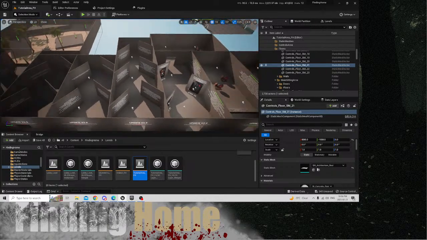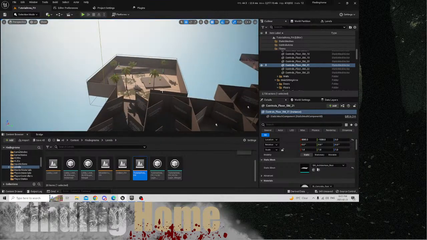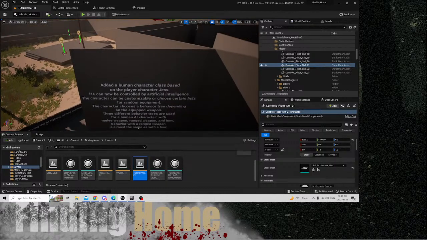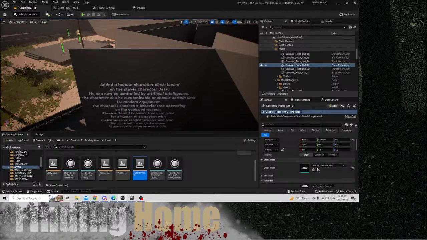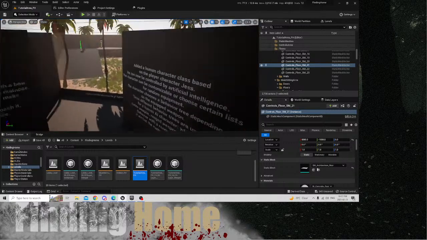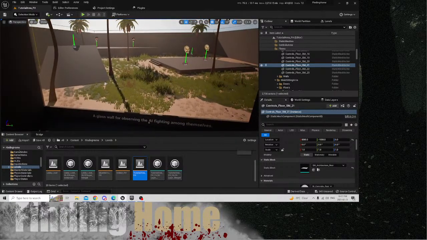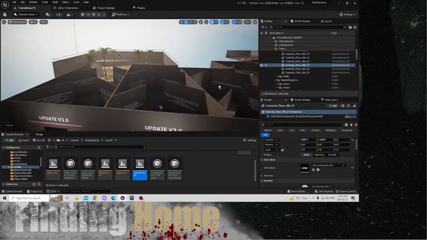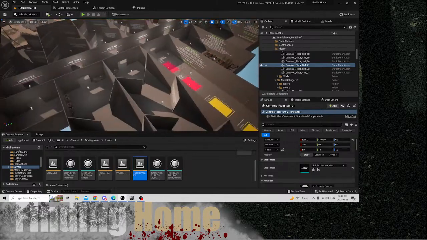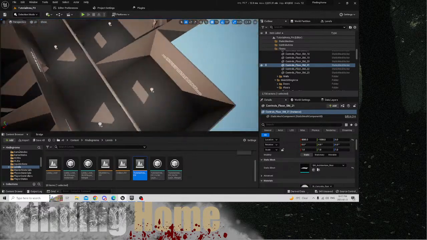He has his mage room, and then he has an area where AI are fighting amongst themselves. I don't think we need anything with that. On the other side, he has the armory,